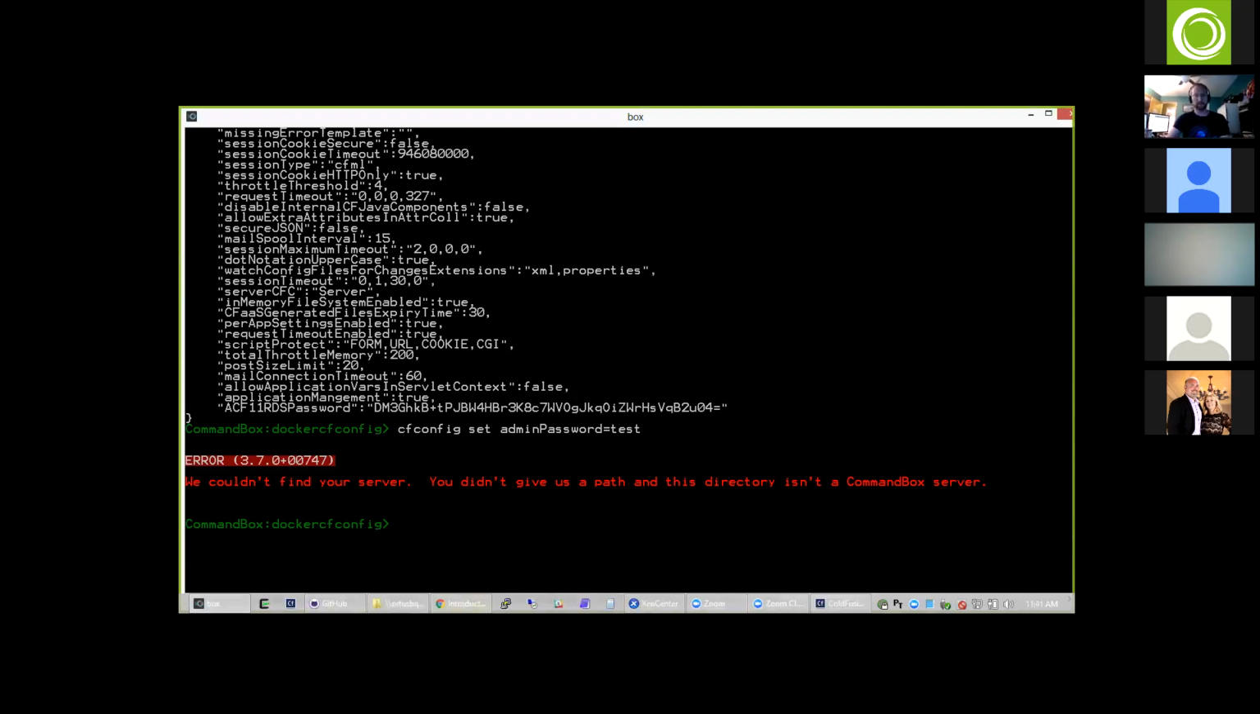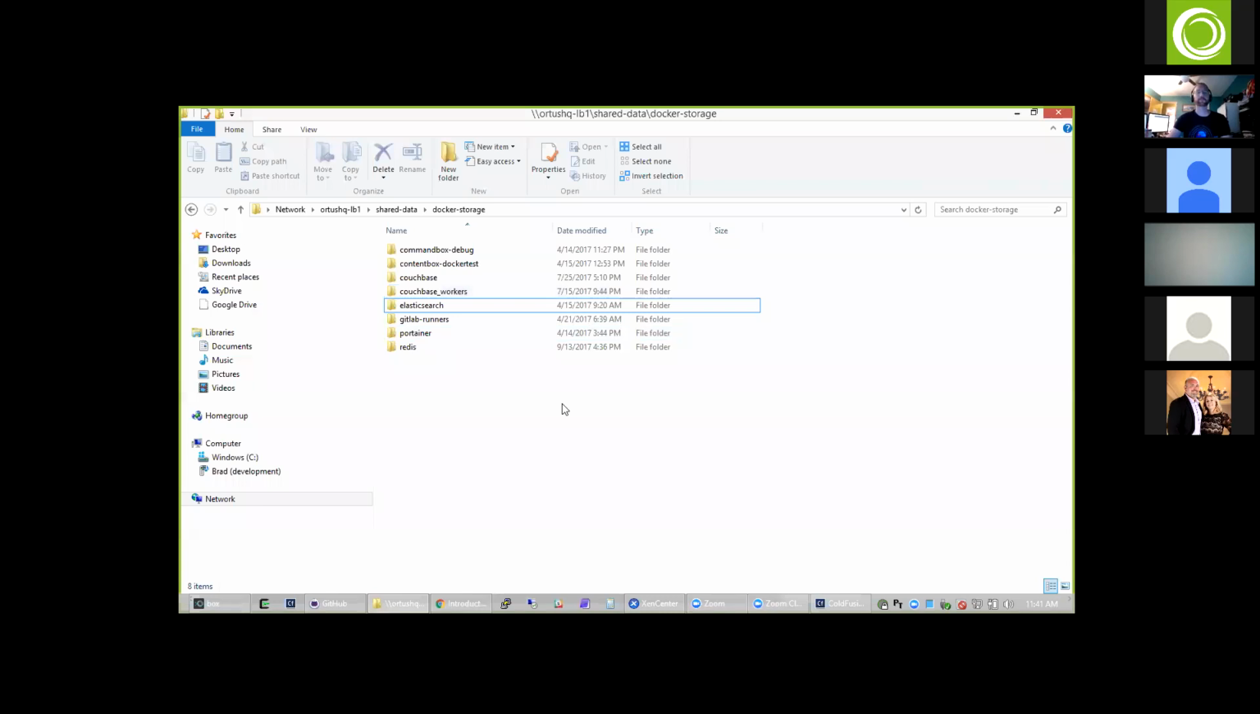Okay, so here's where things get a little wonky. Like I said, I'm not using warmed up images. I'm just using our base CommandBox image, and I'm going to use a mount to mount in an external folder that'll be my web root. So this is a shared network drive that I have open right here that points to,